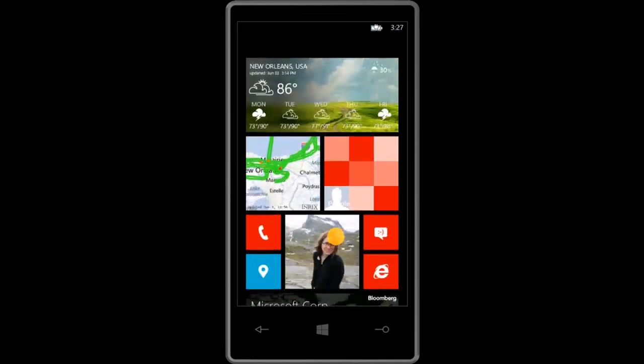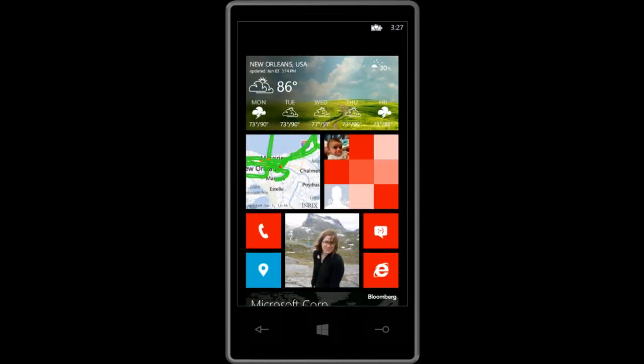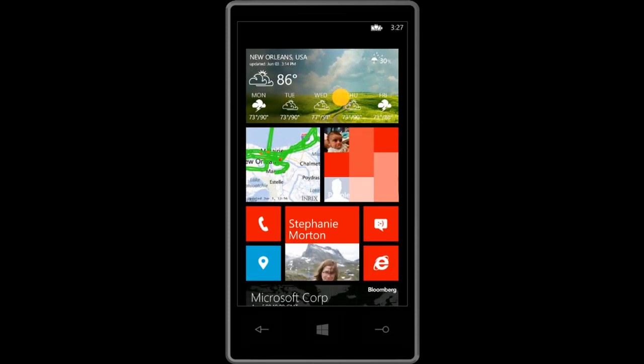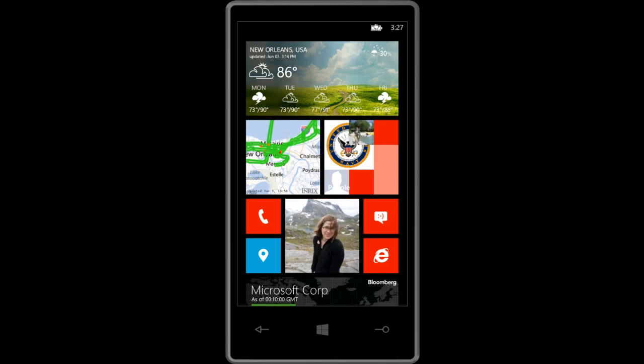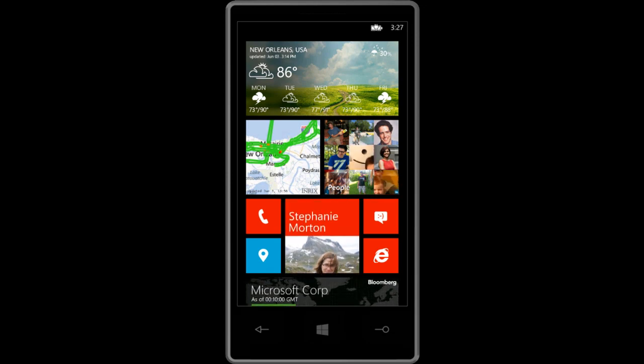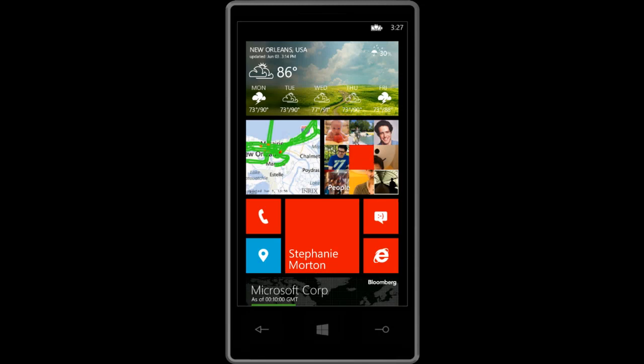Now, if you look at my start screen, you'll see it's customized with tiles that show the information I care about. We have the current weather. This is an application called WeatherFlow that has a nice large tile. We have 3 sizes of tiles. We had 2 before, and developers could only use 1 prior to Windows Phone 8. In Windows Phone 8, we've opened up 3 to developers and a whole new set of tile templates so that it's much easier for developers to create different types of tiles than they ever could before.